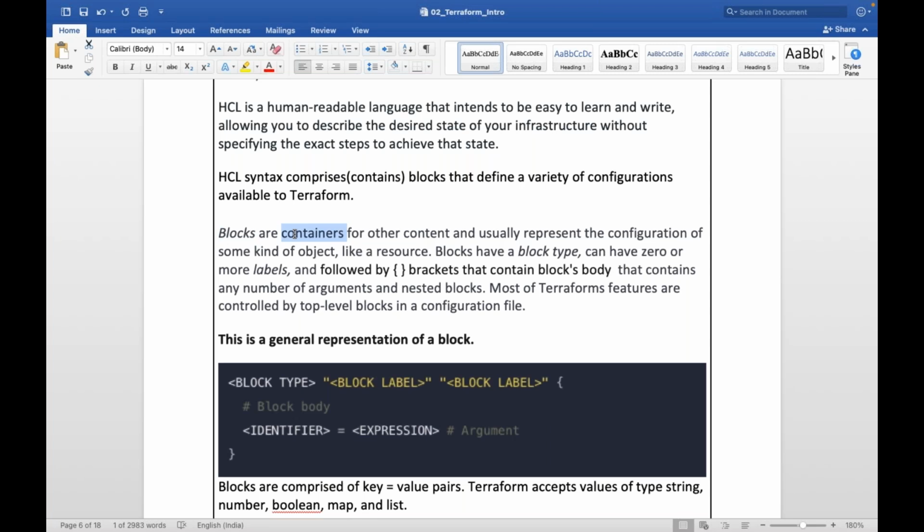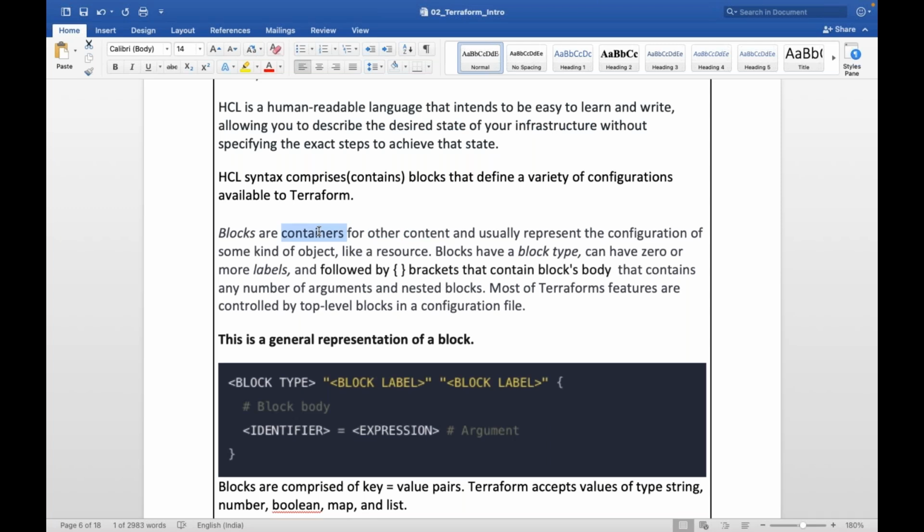Blocks are like containers. Don't get confused with Docker containers. Here, blocks are like containers for some content. You are going to define some content, some information, in the form of a block. So don't get confused with this container terminology.